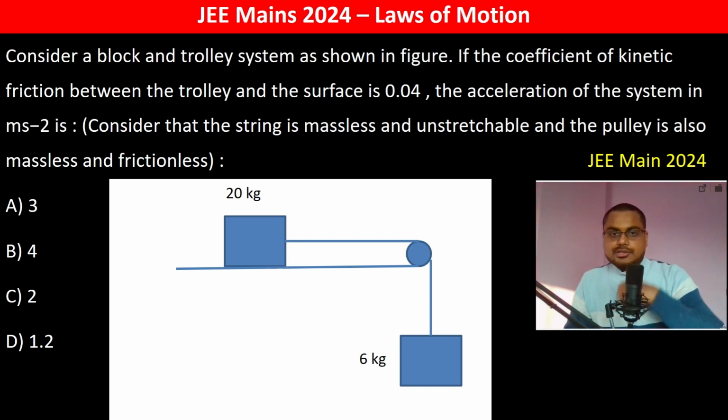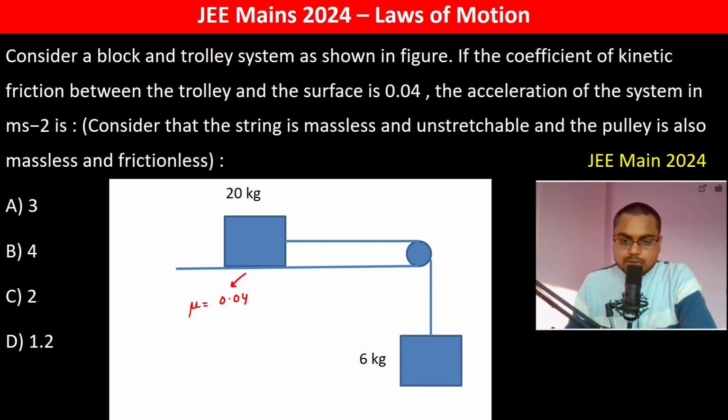Consider a block and trolley system as shown in the figure. If the coefficient of kinetic friction with the trolley surface is 0.04, यहाँ पे जो है 0.04 है mu, okay. Then the acceleration of the system in meter per second square is, तो ध्यान से देखिए, अगर देखा जाए ये 6 kg वाले को तो 60 न्यूटन है ना, let us take g as 10, so 60 न्यूटन and this is T, ये नीचे एक्सेलरेशन a से जाएगा तो हम लोग लिख सकते हैं